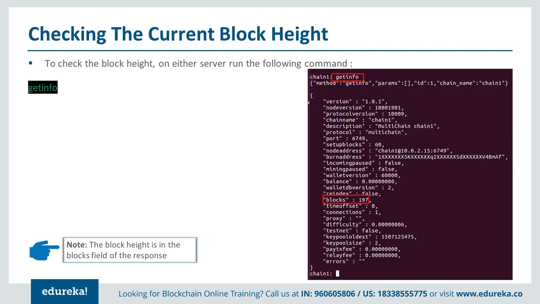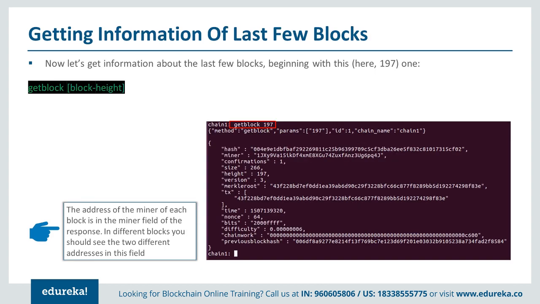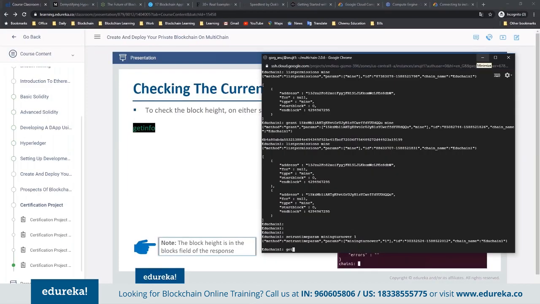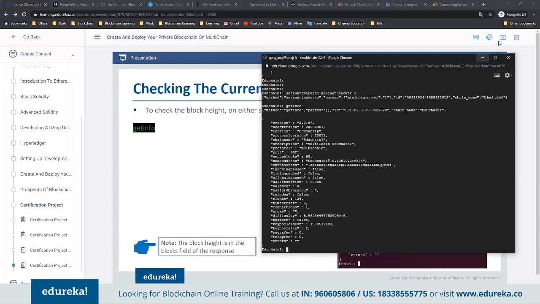Then you can also see in the get info how many blocks are generated and which miner has generated which block. So let's execute these two commands as well. Let's quickly run this runtime parameter. So this is basically assigning the mining activity randomly. If I see get info, I will come to know how many blocks are created.